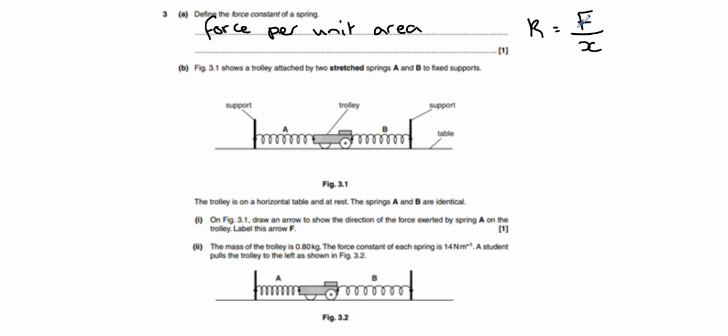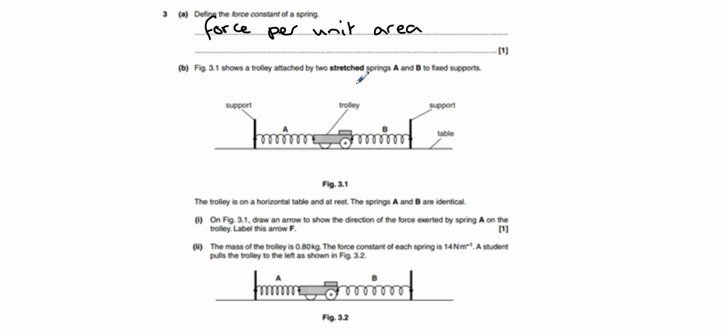Okay, and you always know that the restoring force is opposite to the direction of the extension. That's why in F equals kx there is a minus kx. It tells you that the restoring force is in the opposite direction, and that's because the spring wants to go back towards its original equilibrium position. Okay, so if we just move on to the next part,